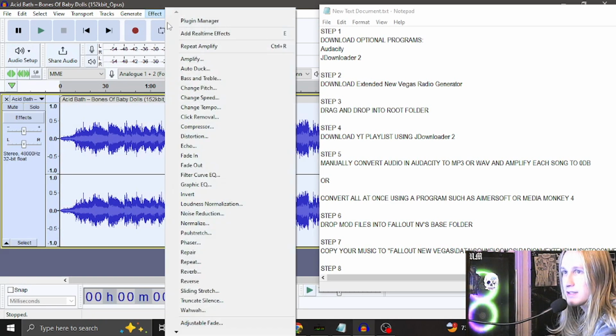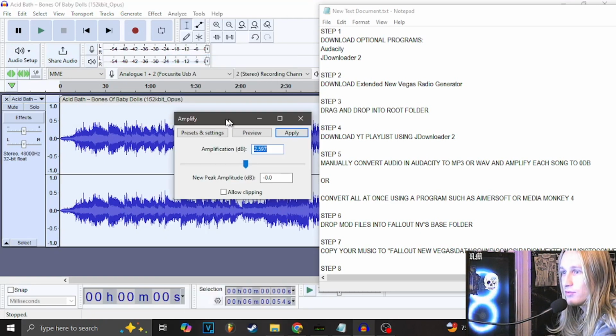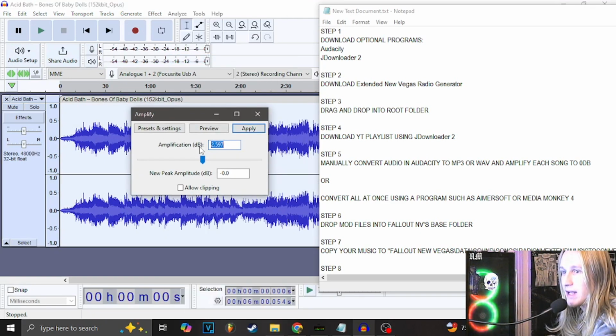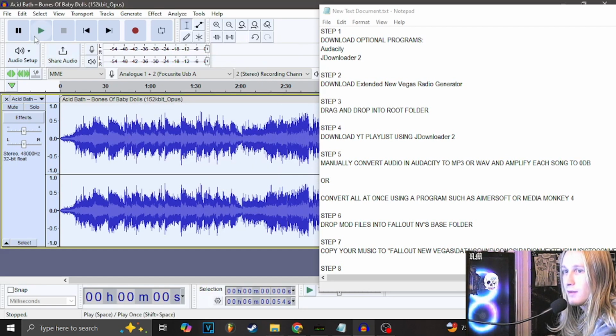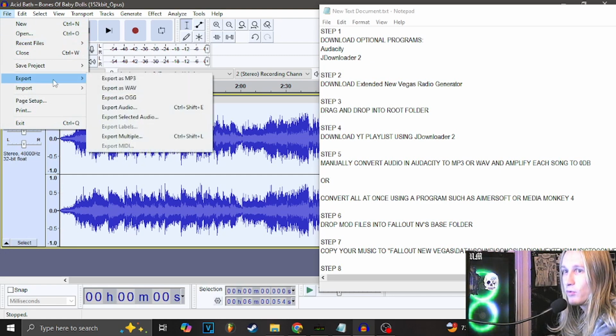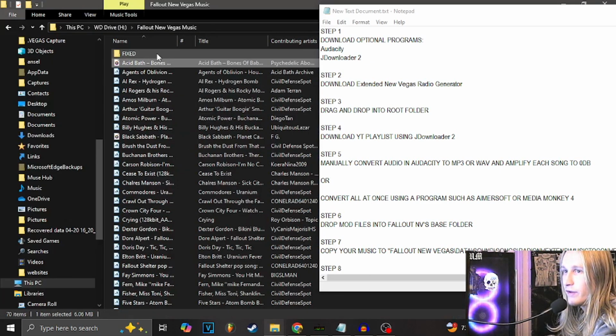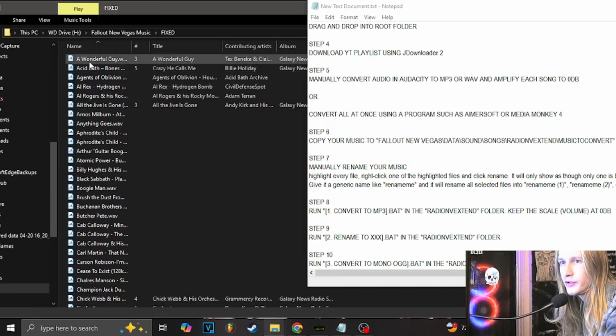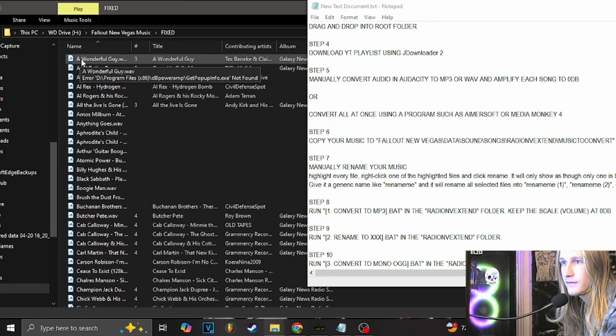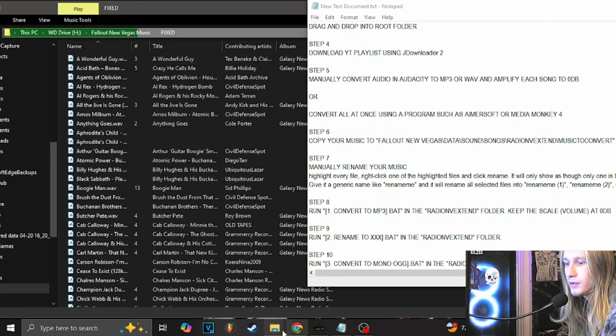This way you can raise the amplification to 0 decibels. Audacity will automatically tell you the peak amplification. And then here we can export it as an MP3 or WAV to a folder we'll call Fixed. Once you have converted all of your audio files into one consistent file format, you're going to want to head